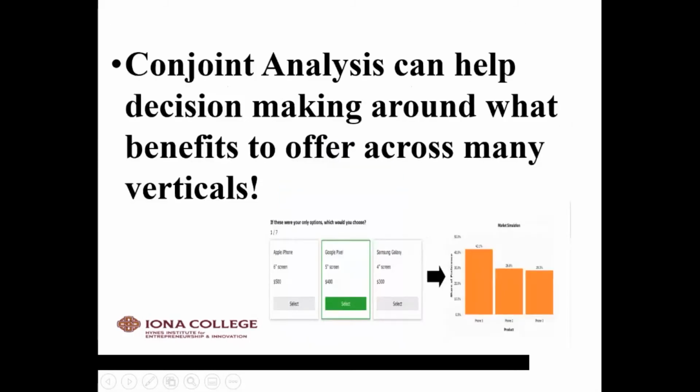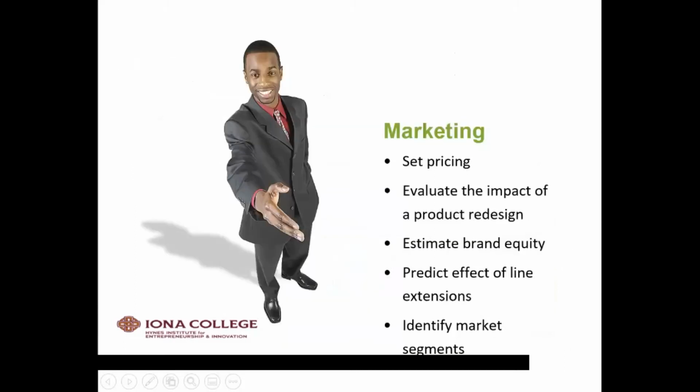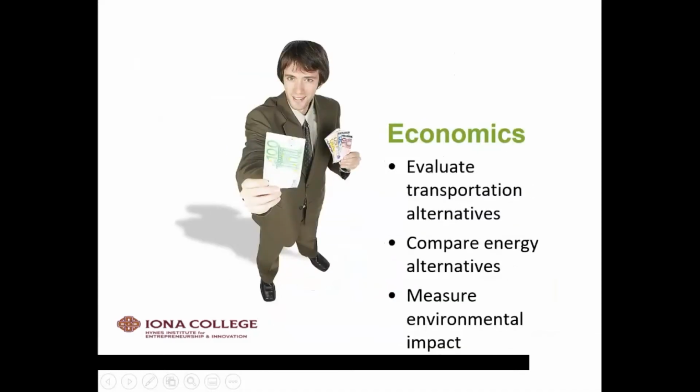So as such, Conjoint can help decision-making around benefits across many verticals. It's not just for marketing. It is used pretty heavily in marketing, to set pricing, to evaluate product design, to estimate what value customers put in the brand equity, figure out product extensions, also to identify market segments, but it can be used in